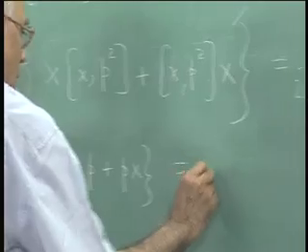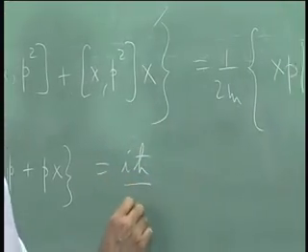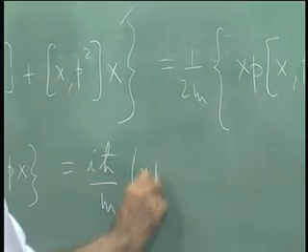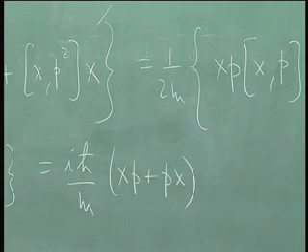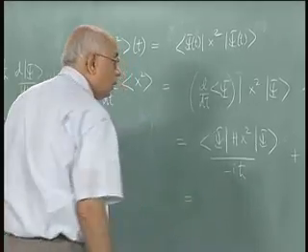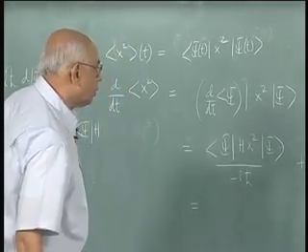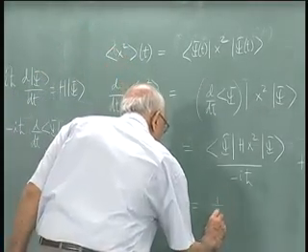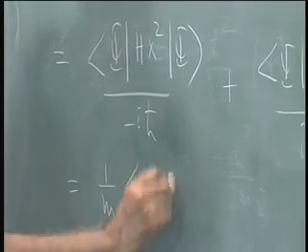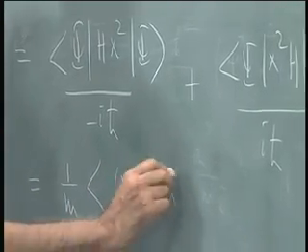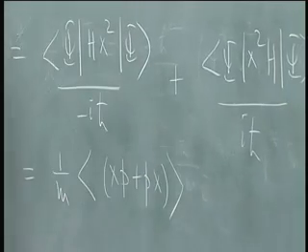So this is equal to i h-bar over m, xp plus px, and let us put that in here. So this guy here becomes equal to, in general the 1 over i h-bar goes away and you are left with 1 over m expectation value of the anti-commutator xp plus px. That is a general result,